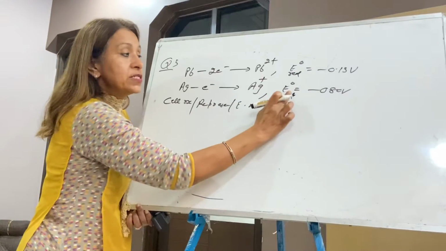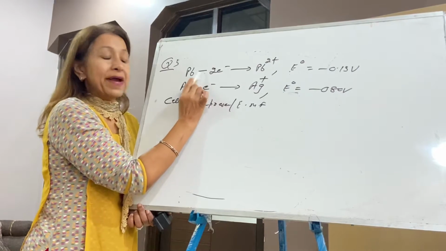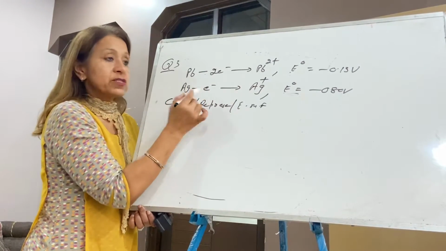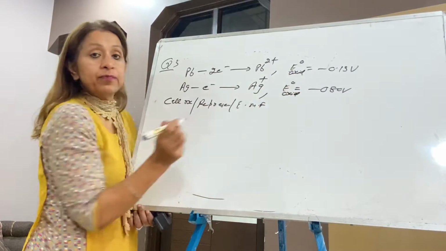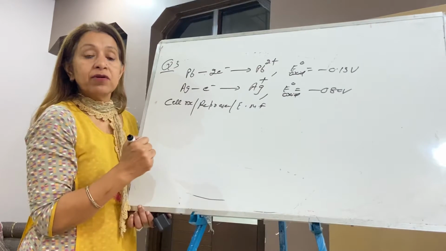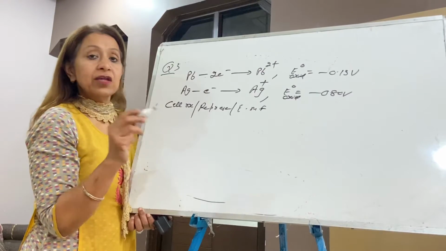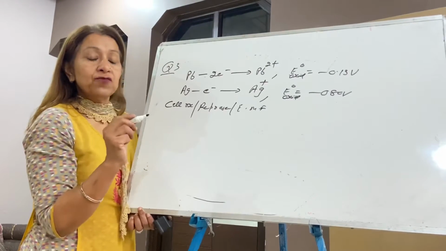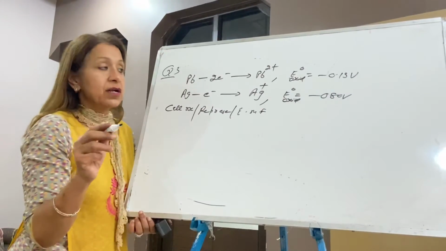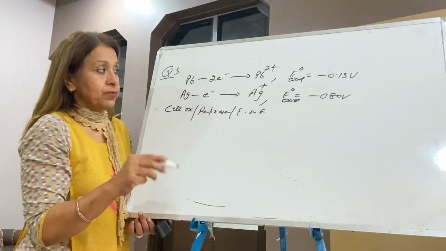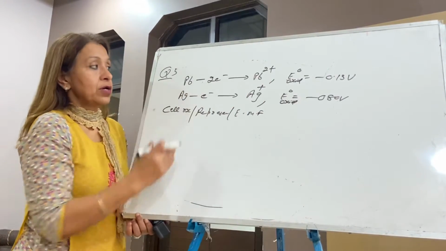But you can see this is not given as reduction. Lead is losing electron, minus means losing electron. Silver is losing electron. This means oxidation potentials are given. Sometimes the oxidation potentials are given, so take care. Before comparing the values, check whether the values are in reduction form or oxidation form. Mostly the values are in reduction form, but there is a 1 or 2% chance that values are given in the form of oxidation. So here lead is losing electron, so it's oxidation. Oxidation means loss of electron.